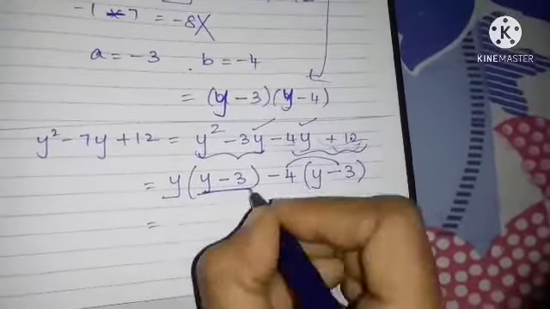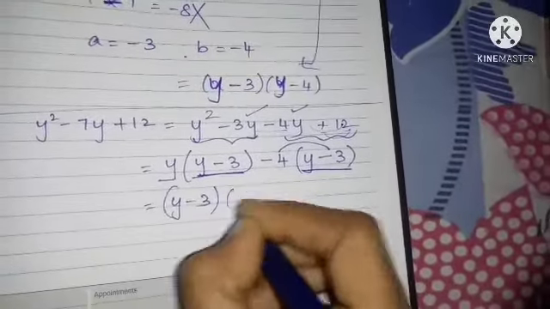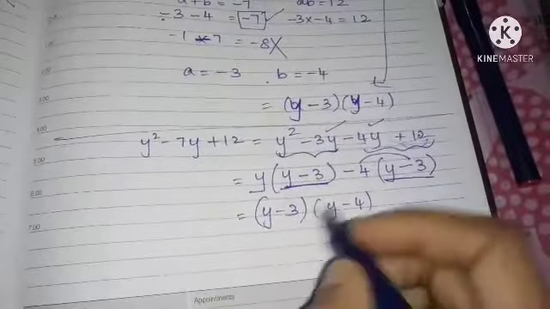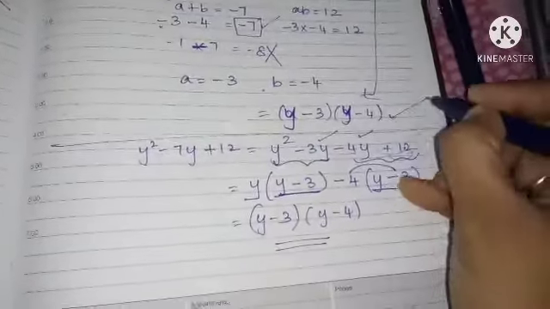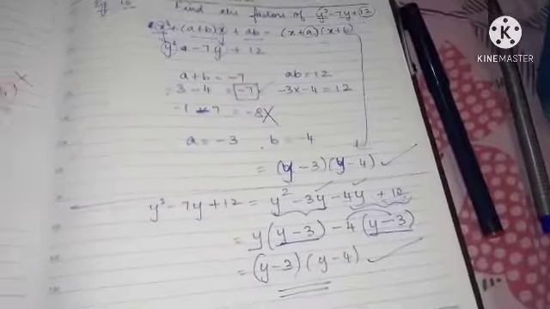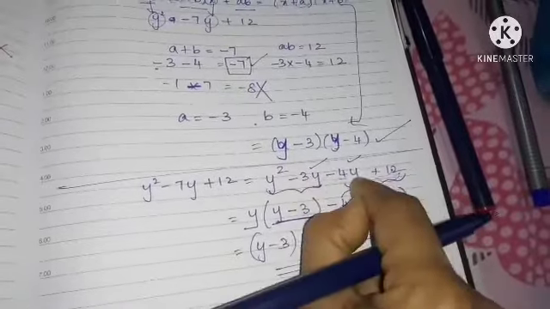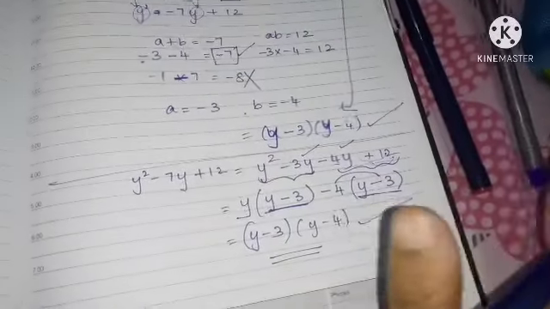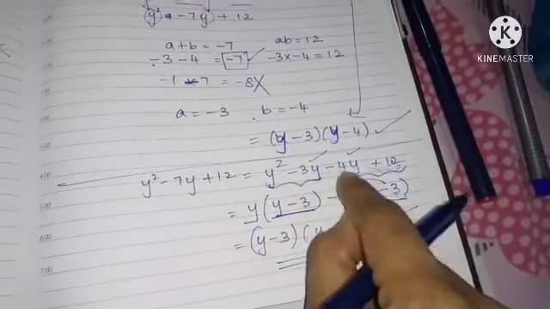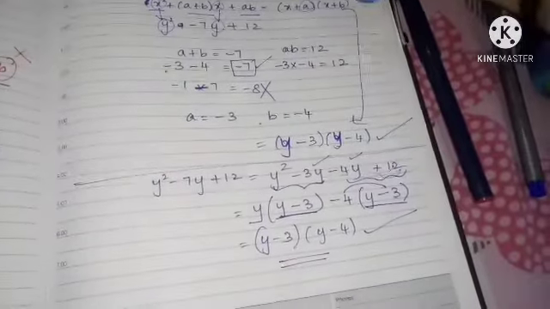Now, here also you have y minus 3, here also you have minus 3. Take it outside. Y minus 3 into y minus 4. Okay, so here you got the same answer. In this method, if you do also, you will get the same answer. But when you're separating this, you should be careful. You should not separate in some other way. Because your minus is there, so minus 3 minus 4 you should separate it. Once you work out more problems, you will understand it more clearly.